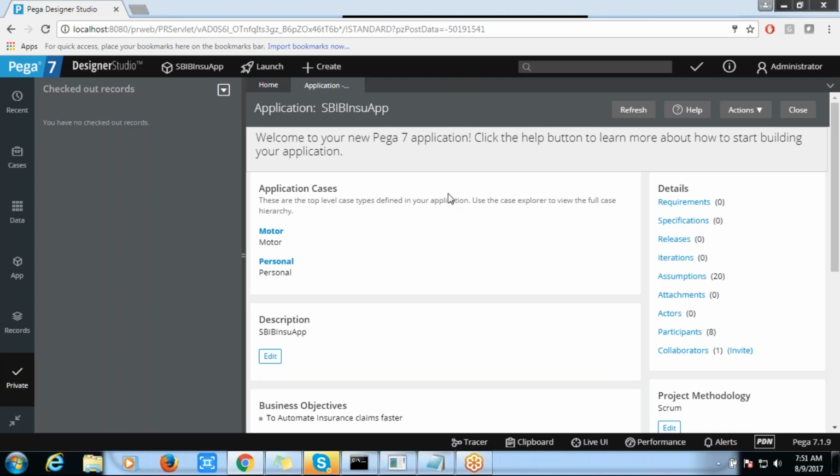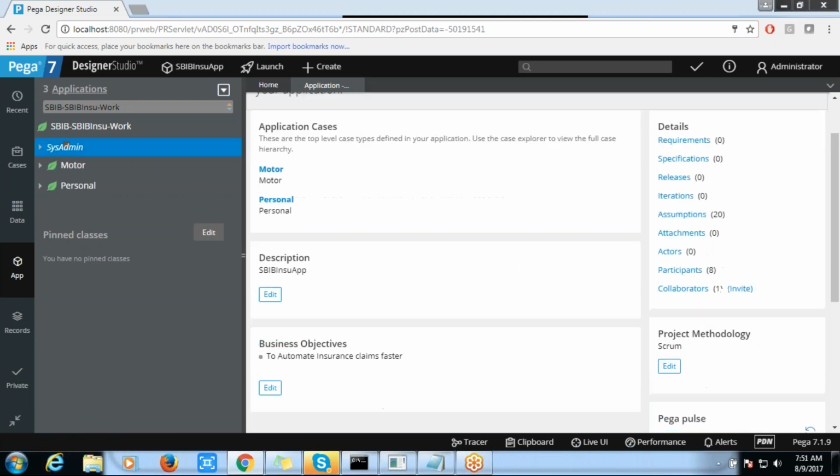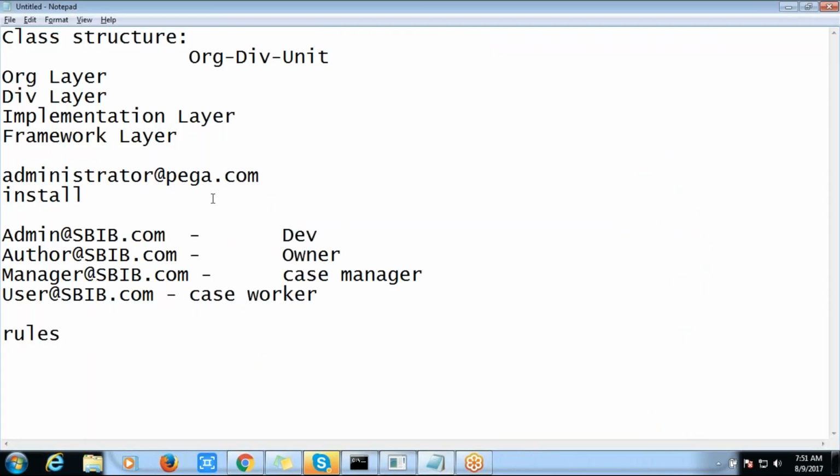So these are the options we have with respect to the developer portal. That's called the developer portal here. One thing we are going to discuss is the App Explorer. Whatever class structure we have discussed, apart from that there are a lot of things. We have created our class structure. Yesterday I showed you the class structure when you create it.